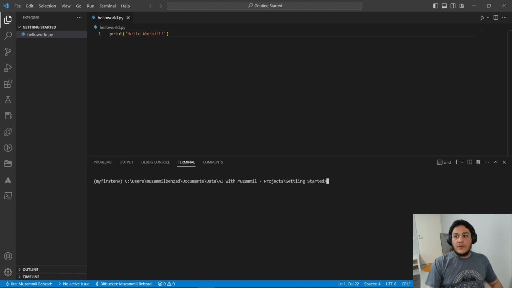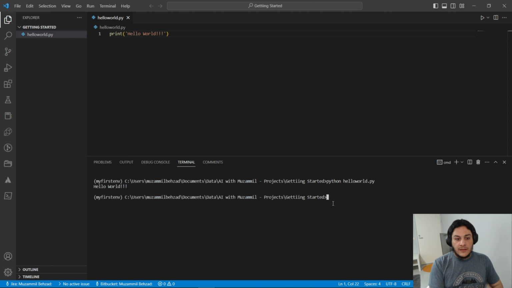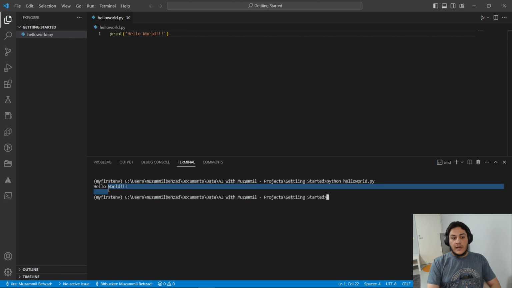The way to do it is you can either press this play button over here, or you can simply say python, which is basically the pre-command, and then you give the file name, which file you want to run. You can also write half the name of the file and then press tab, and it's going to write it out for you. Then press enter, and you can see that we have successfully created our first